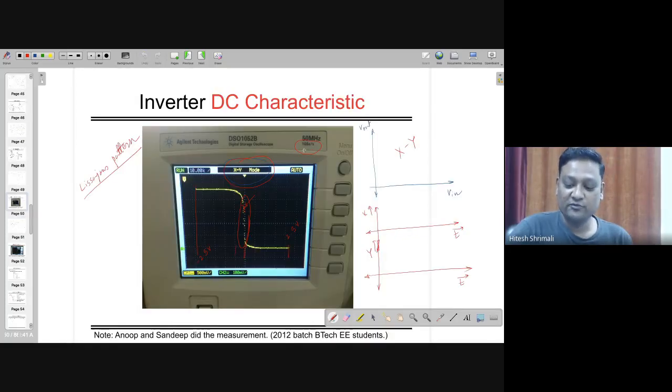The oscilloscope has its own fixed sampling frequency at 1 GSPS. So we have to make sure that it's a multiple, following the Nyquist rate, so that you can see the stationary image. So all such things need to be fixed over here so that you can have the characteristic as you want.